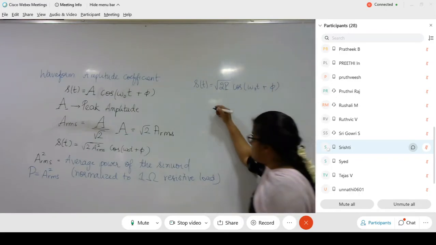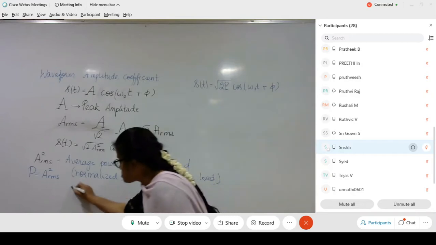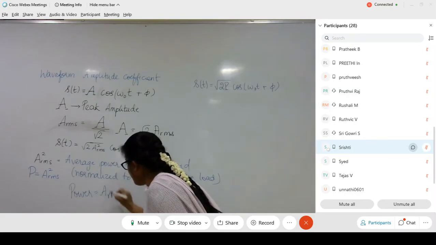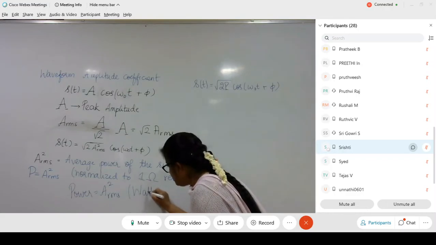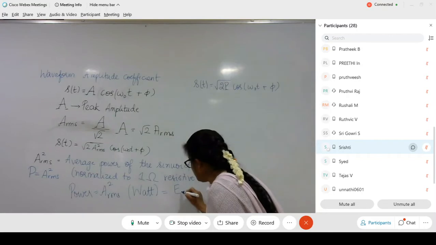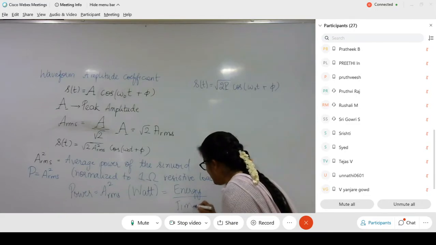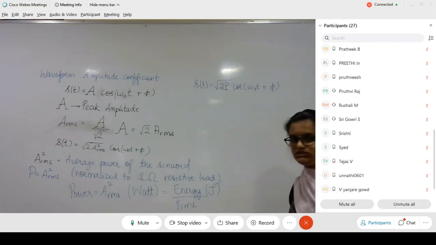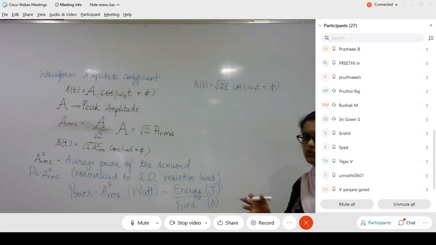Okay. Now what is the unit of power? Watt. Correct. The SI unit of power is watts. We can also measure this power as energy consumed per unit time. Yes or no? Power can also be written as energy consumed per unit time, where energy is measured in joules and T is measured in seconds. We can also write the watt as joules per second, which is nothing but energy consumed in unit time.